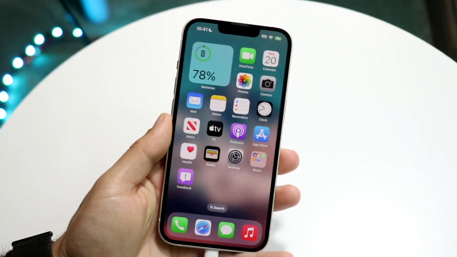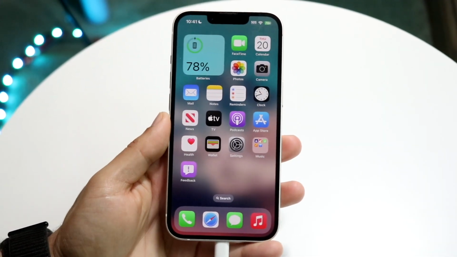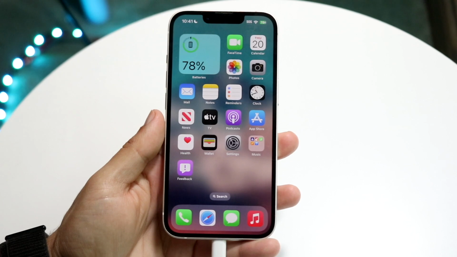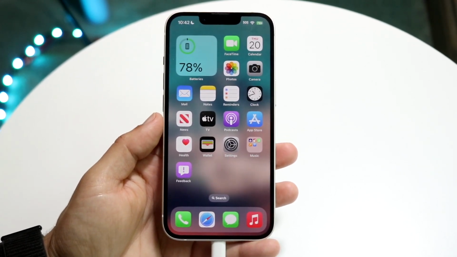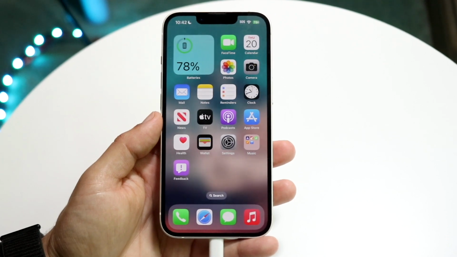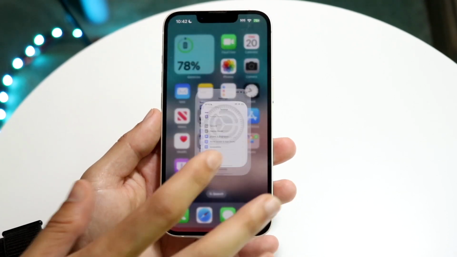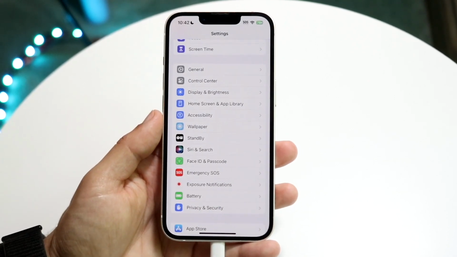iOS 17 is an awesome version of software, and I'm so happy that you've installed it, hopefully when it's officially out. But I wanted to show you some of my favorite customizations you should probably consider within iOS 17. Now, the first thing we're going to take a look at is one of these standout features within iOS 17,